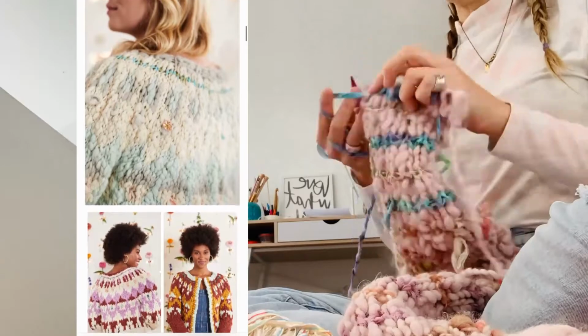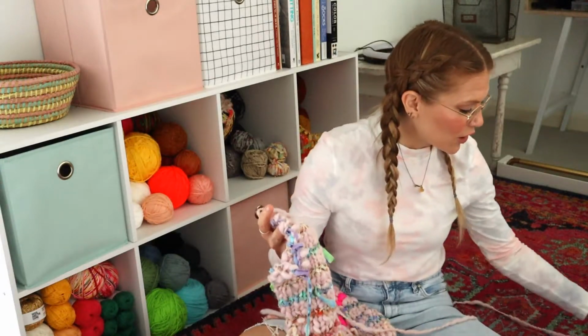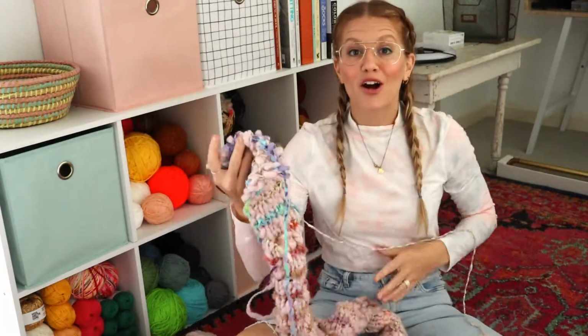So each time I have learned a new technique, and it's just so awesome to learn something new and grow in your knitting. And so that is one thing that I really love. Plus there's so many helpful tutorials, so many video tutorials, and of course they are always there to help you if you have any questions. It's an awesome way to grow in your knitting, and that's why it was hard not to choose this one, but I decided to choose another one